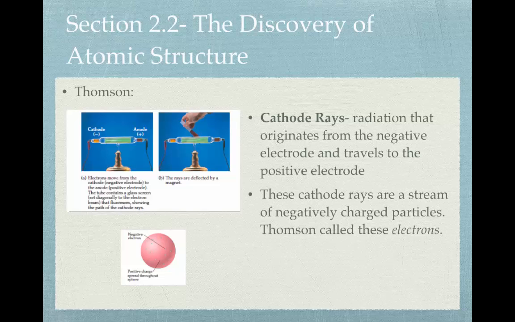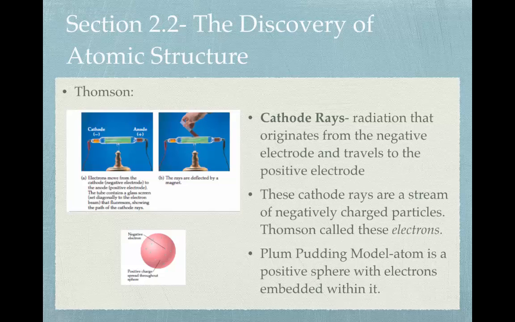The other thing that Thomson came up with was the plum pudding model of the atom. And so what he said was that an atom is made up of mostly positive charge, as you can see in this diagram right here, the pink or the red. And what he said was that you have this atom which is mostly positive charge, and then there are some electrons interspersed in that atom. Now, this model, called the plum pudding model, seems really bizarre to us now, but it made perfect sense during